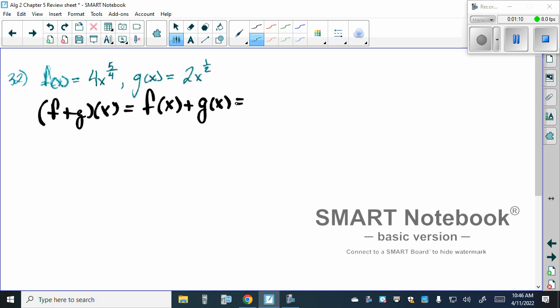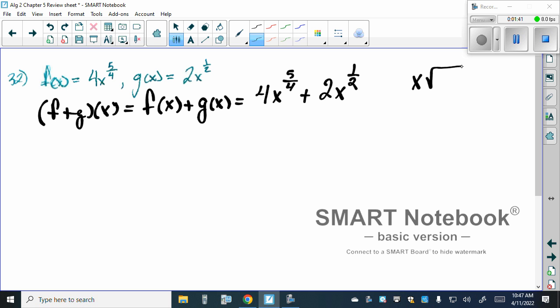Now our f of x function in this case is 4x to the 5/4. And our g of x in this case is 2 times x to the 1/2. Now is x to the 5/4 the same as x to the 1/2? Are they the exact same? Well, no. So that means we can't actually add them together, because x to the 5/4 is saying that we